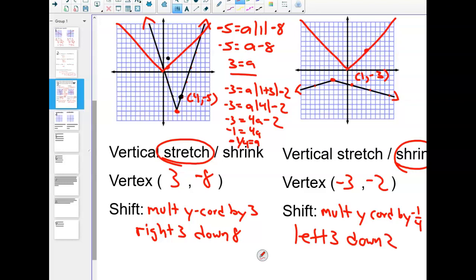4 times negative 1/4 is negative 1. So from 4, negative 1, which is right here, I'm literally going 1, 2, 3, down 2. I should end up on a spot on my new graph. So if you want to check it off the parent graph, you can. You do not have to. But if you want to check it off the parent graph, you